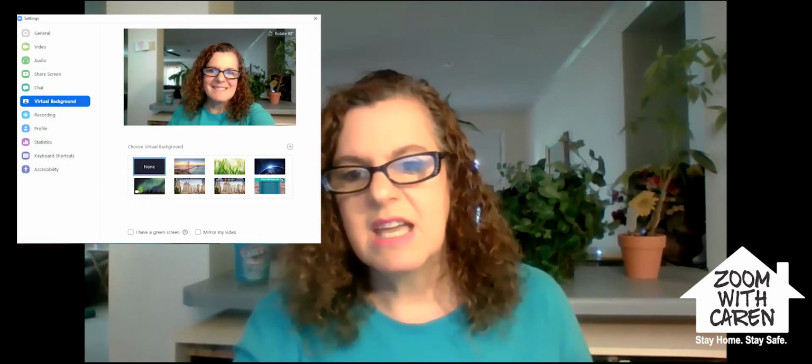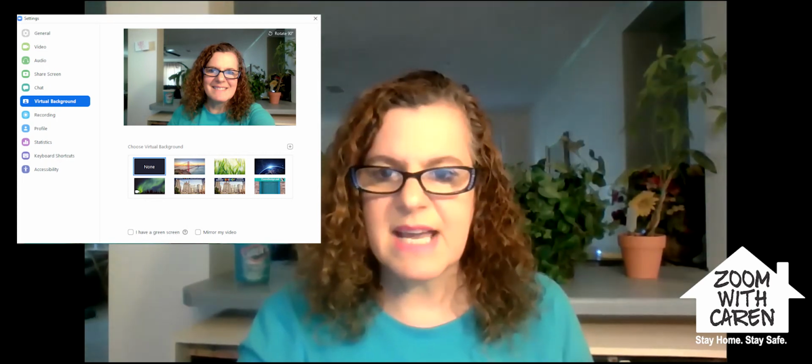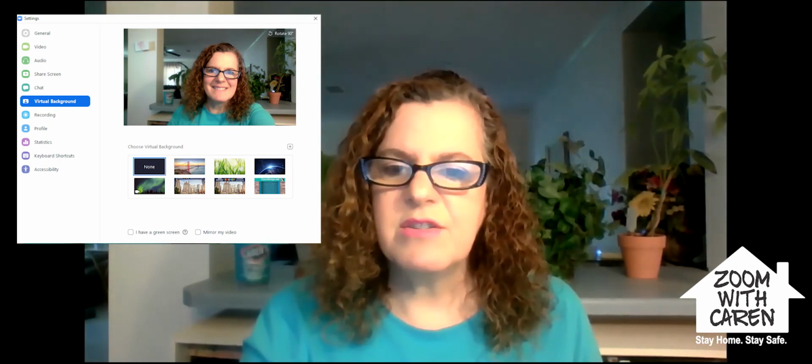And then you're going to go back to your desktop application, and at the bottom, right over here, it will have a little picture of a video camera, and next to it will be an up arrow, and you'll click on that up arrow and then choose virtual background, and then you can pick a virtual background. You might have to download the assets. It's a small download. Just go ahead and do that, and then you can choose a virtual background, like here it is,